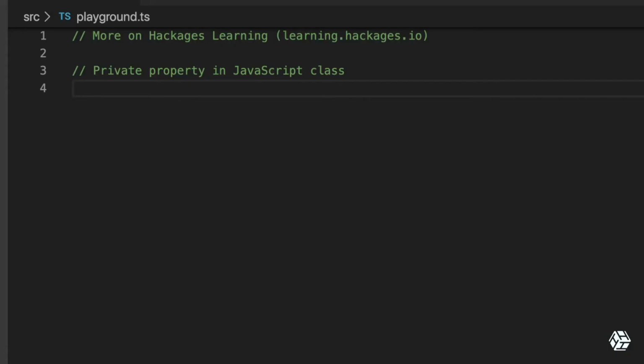Let's talk about private property in JavaScript class. A few years ago, when you had to build a class in JavaScript, there was no class keyword really associated